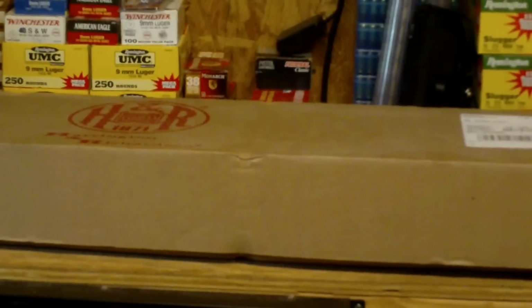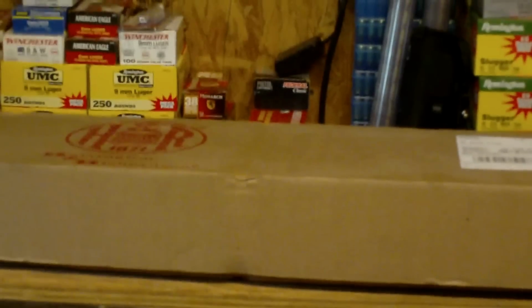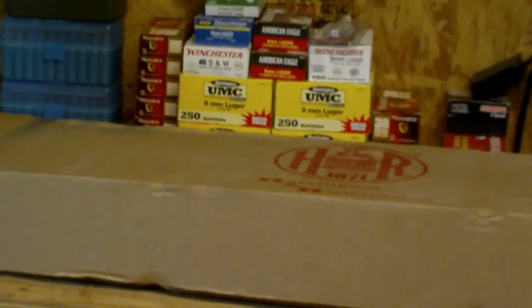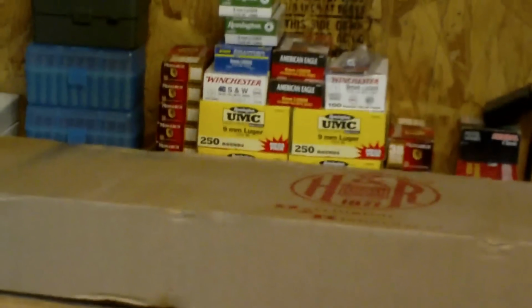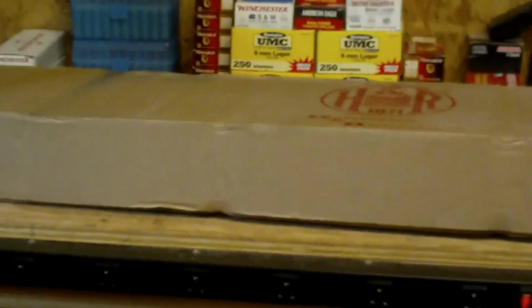So I decided to go ahead and take advantage of H&R's accessory barrel program, which really means you send the receiver and the forend into them, and you can choose on their website from a number of different barrels that they have. As you know, the Handi rifle, you could get all kinds of different barrels in different rifle calibers. But for the shotguns, they have 12 gauge, 20 gauge, 410, and I think 28 gauge in a wide variety